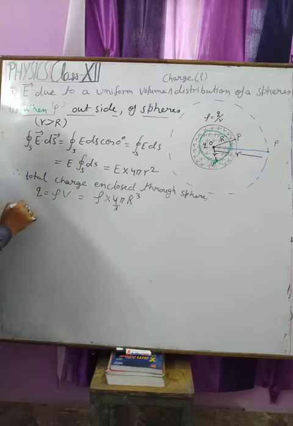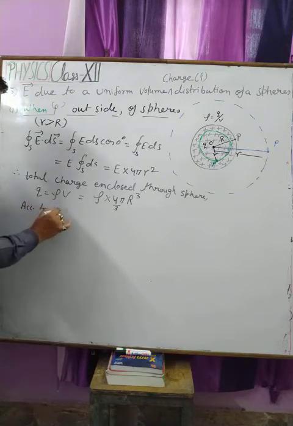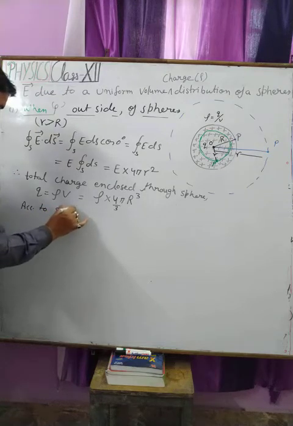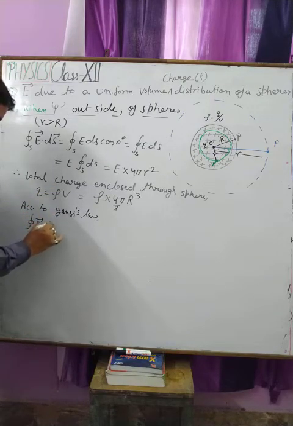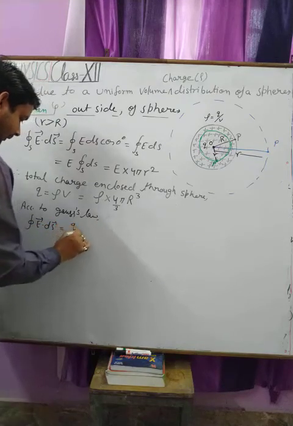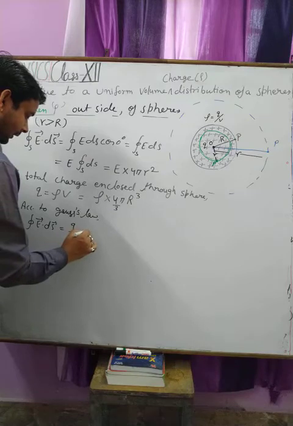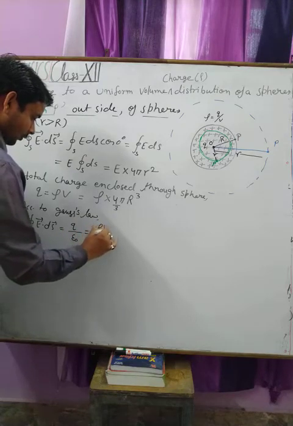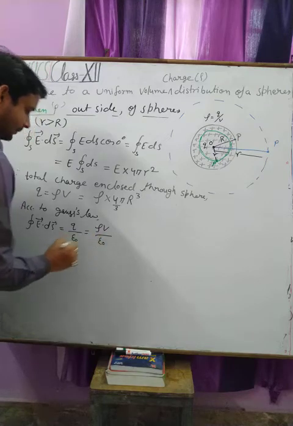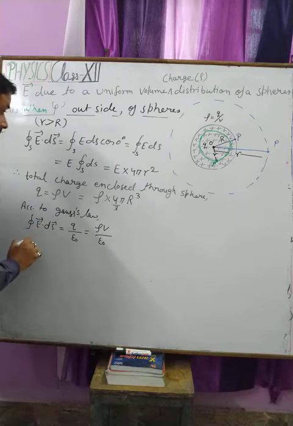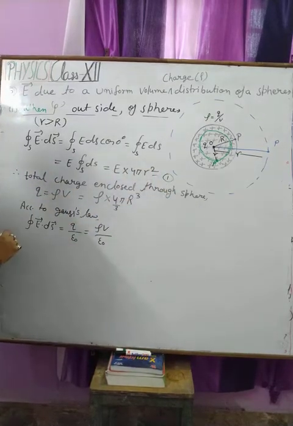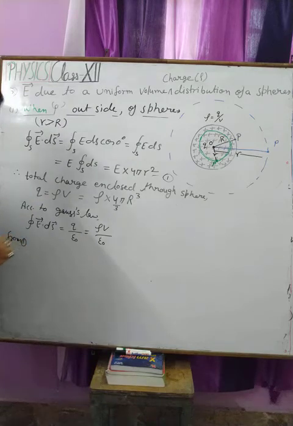Okay, now according to Gauss's law, the flux through the surface ∮E·dS is given by q upon epsilon naught, and this is equal to rho v upon epsilon naught. This is your equation first. Then from equation first we are getting